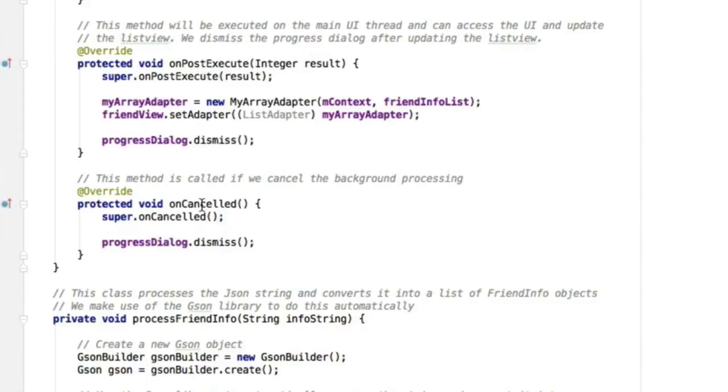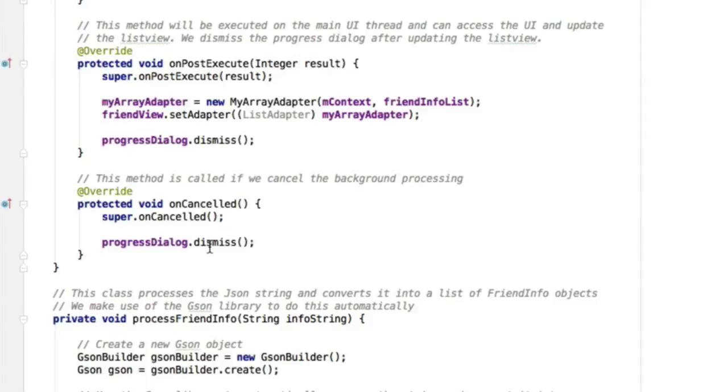That'll be a call into the Android framework. At that point, the Android framework will come in and call the onCancelled method. In here, you can do something to handle the fact that your background processing has been suddenly canceled by the user. In this case, if that happens, I just want to dismiss the progress dialog and then move on from that point. So that completes the implementation of the